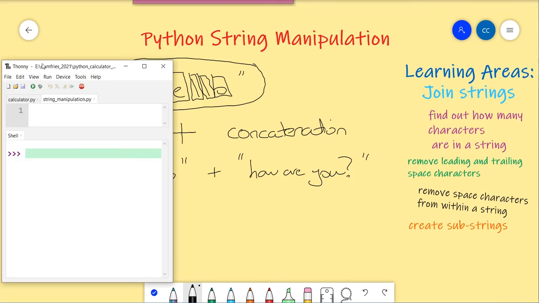So I've just opened Thonny here, and I've made the shell quite large so that we can test this out. So our first string was hello. And if I hit enter on this, it just returns the string hello. What if I try this time hello, then use the concatenator and how are you, and hit enter? You can see here